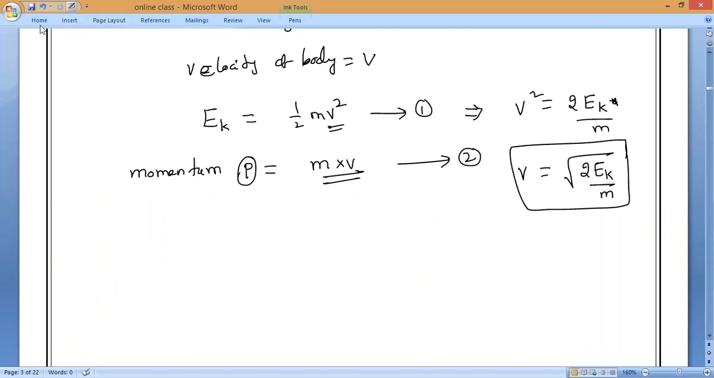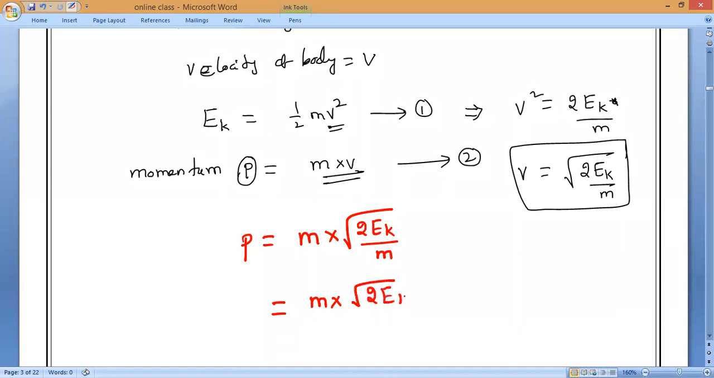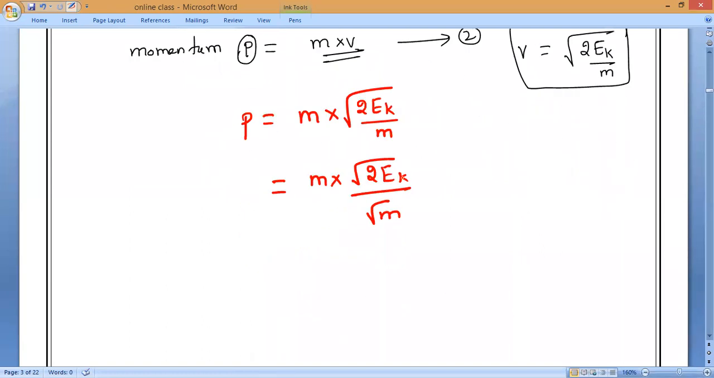Now they are asking for the momentum. So momentum P is equal to mass into velocity, which means m into root of 2Ek divided by m. Is it right or wrong? Yes or no? Yes, sir. So now what we will do here, I will take it as root Ek divided by root m. Is it right, Hari? Yes. Now, both numerator and denominator, I will multiply with